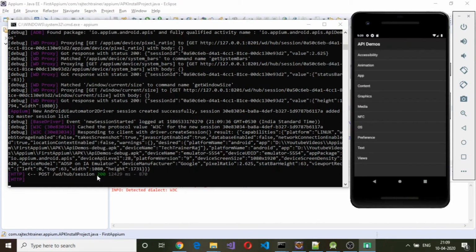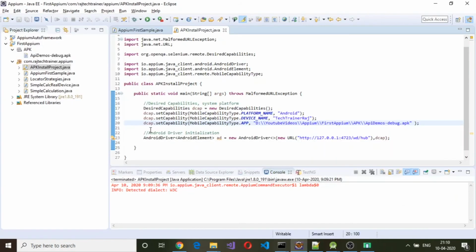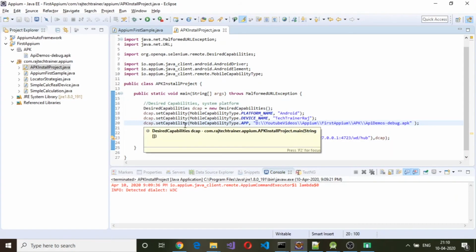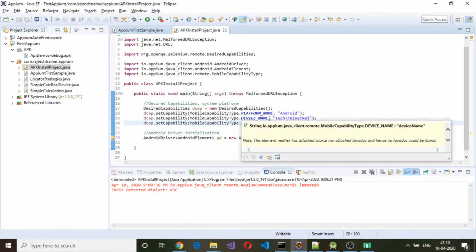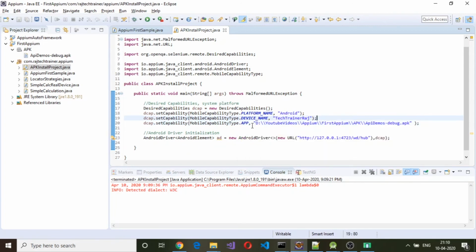As you can see, we got 200 as the status code, which is successful, and we have this API demos application installed and opened here. By just providing another capability type, which is app, and providing the full path of the APK file, we can install the APK file.